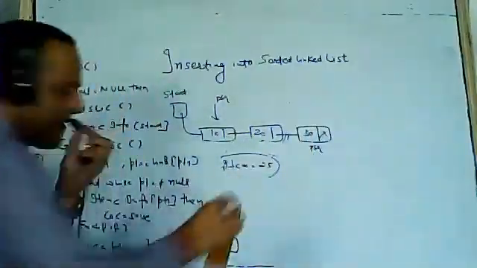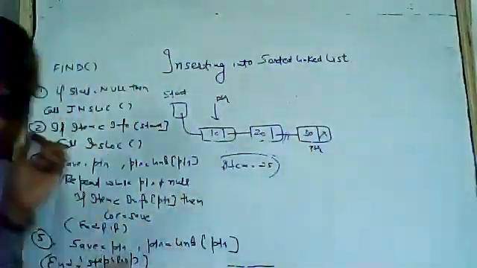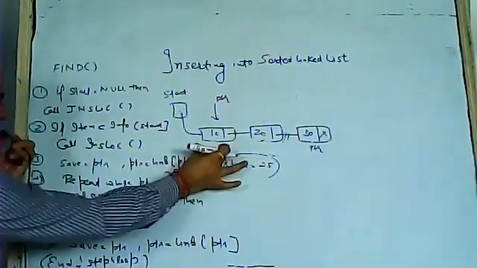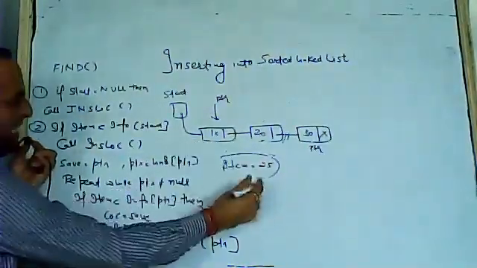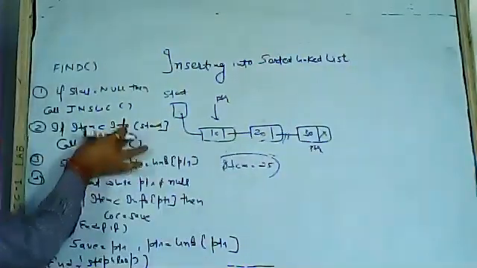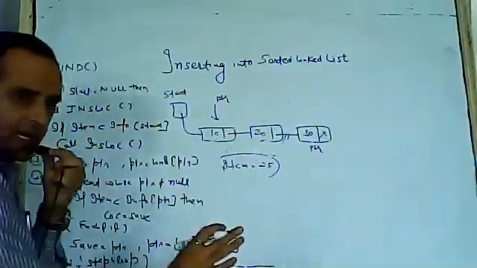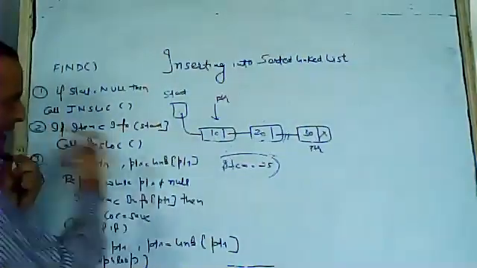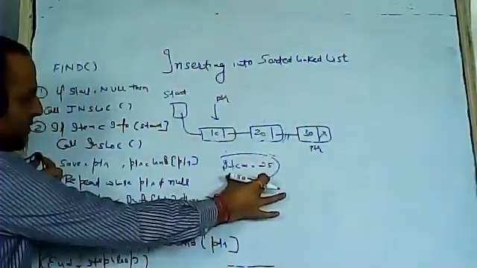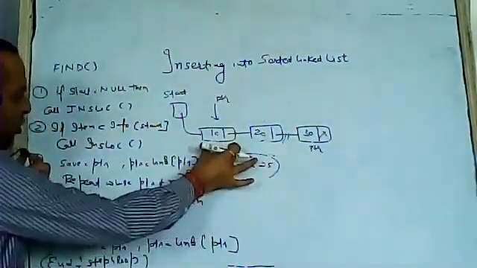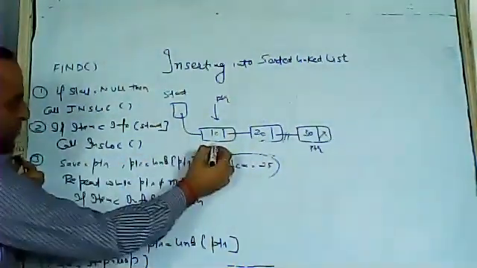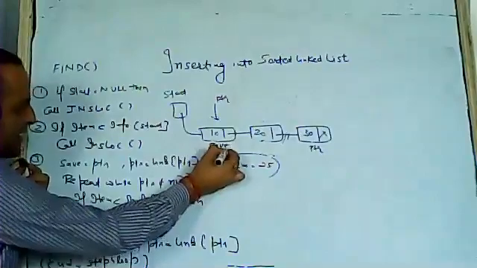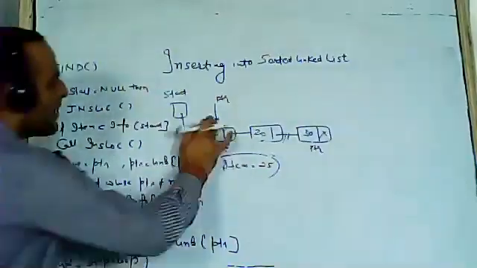Let us relate this with the example. I'm inserting 25. Now, the pointer was here. The case of 6 we have already seen, it is inserted at the start. But suppose we are inserting 25. So what will we do? This pointer node will become the save node, and pointer will be link of pointer. Pointer will come here.